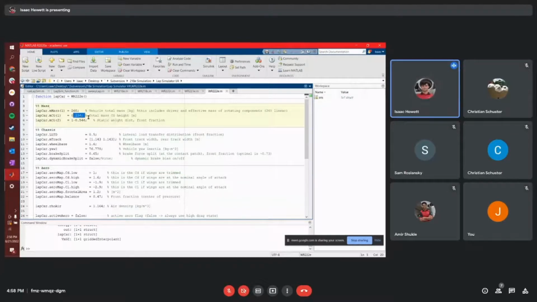So height and longitudinal location. Chassis, lateral load transfer, track width, front and rear. So something you can look at is varying track width. Wheelbase, something I've looked at a lot. Yaw inertia, brake bias split, and